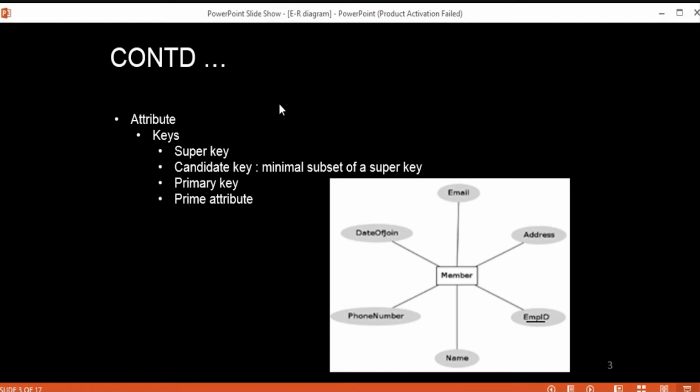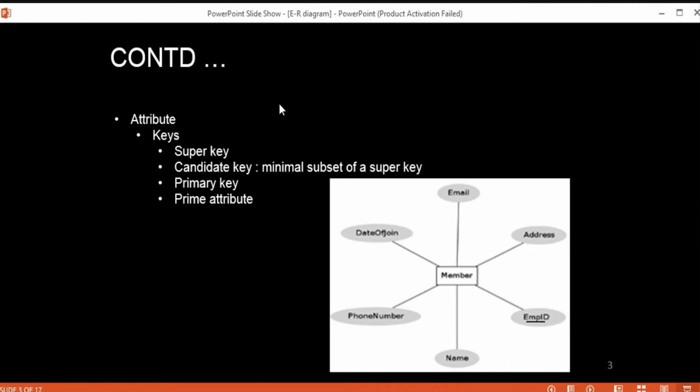A super key is a set of attributes that collectively identifies an entity in the entity set. Taken together, one or more attributes help us to uniquely identify your entity in your entity set.